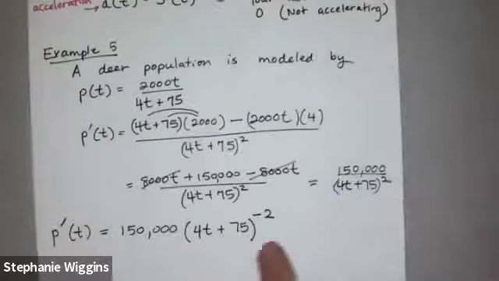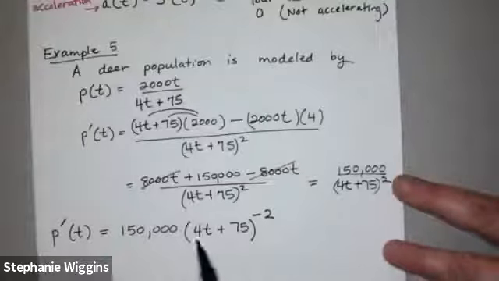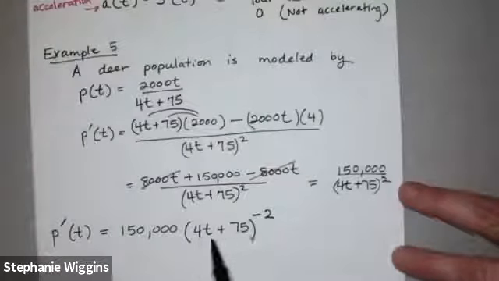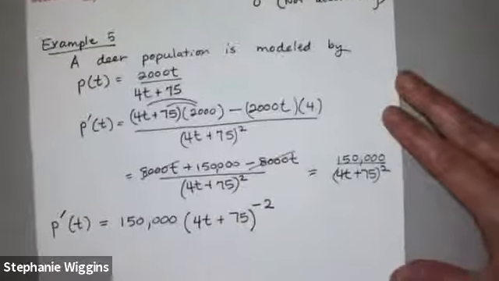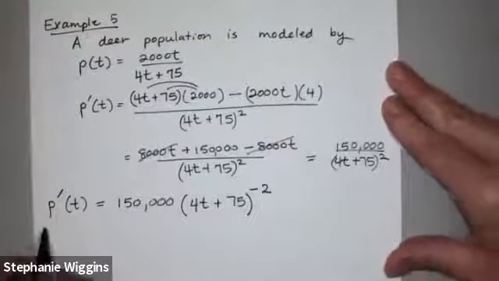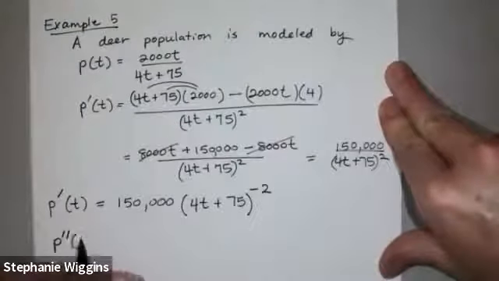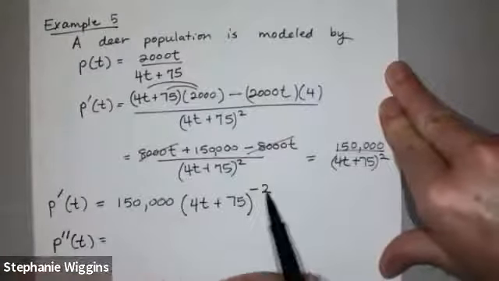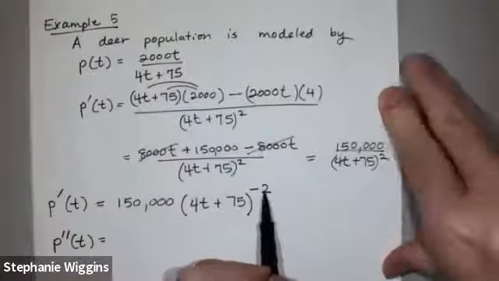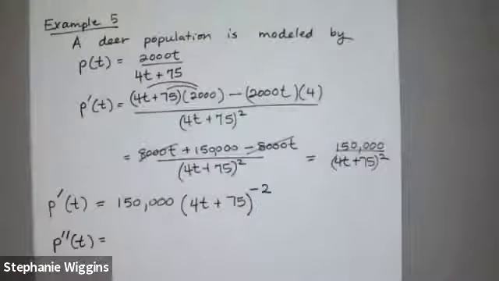I want it written like this because now I can apply the power rule and, of course, the chain rule, the extended power rule, because I have a composition here. So when I'm looking for the second derivative, as the problem asks, I take a negative 2 times 150,